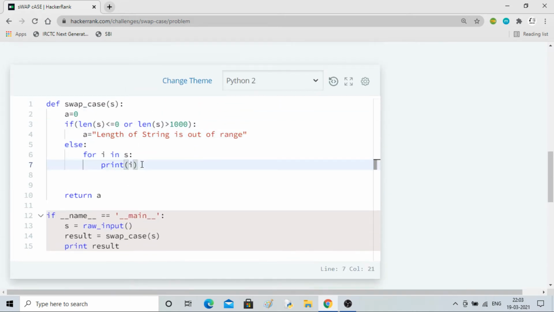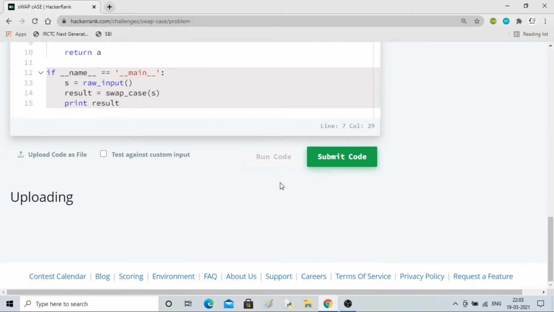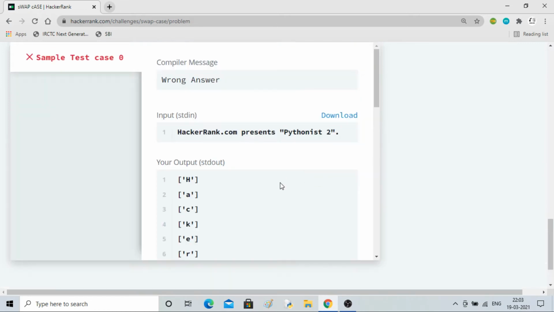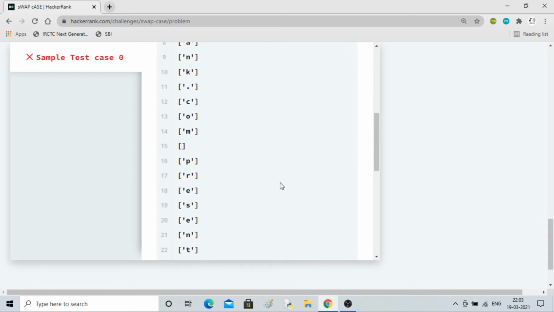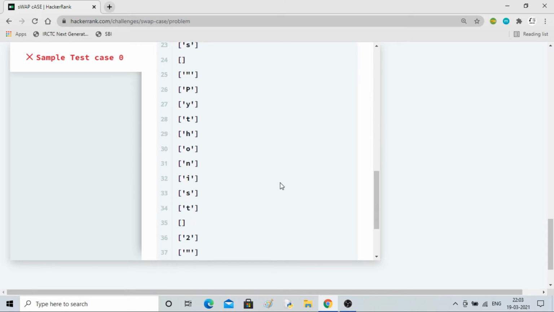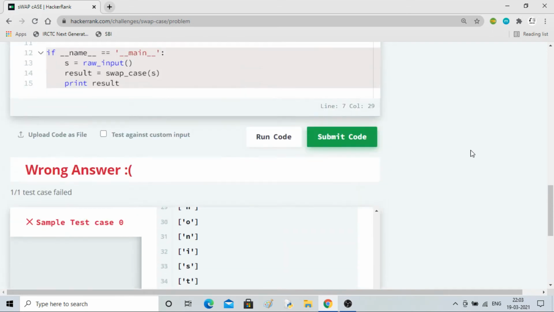For I in S. Okay. Let me split it. Dot split. How does it look now? So okay, HackerRank. I think one will work then. Okay, one loop will work.